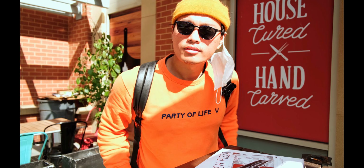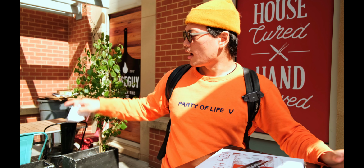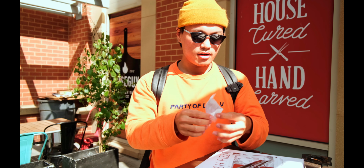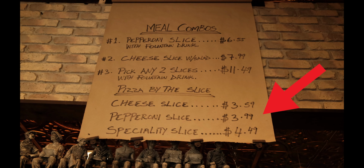Okay, so just stepped out of WiseGuys. They have this outdoor seating area here, so not seating, I'm standing, but here. So the prices on there were okay. It's like $4.50 for a special slice. If you get a cheese or a pepperoni, it's like $3 and $3.50. I guess that's not bad, but